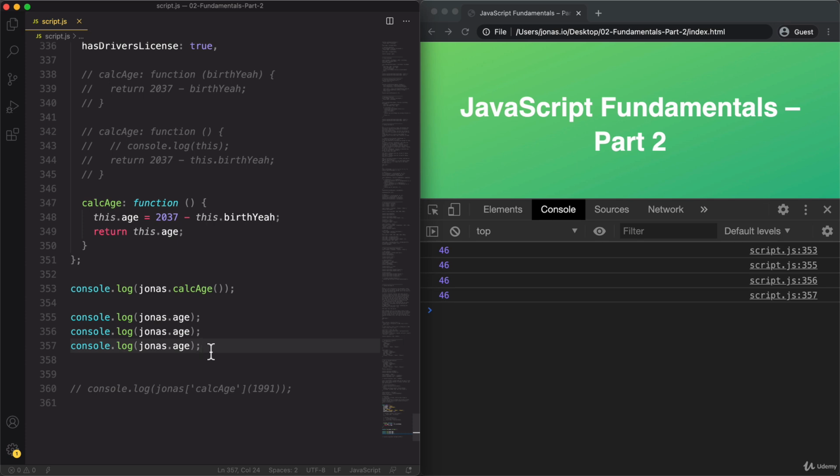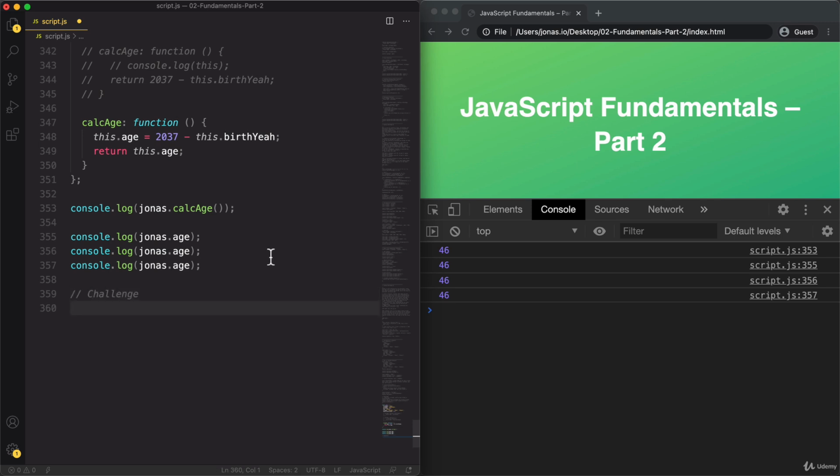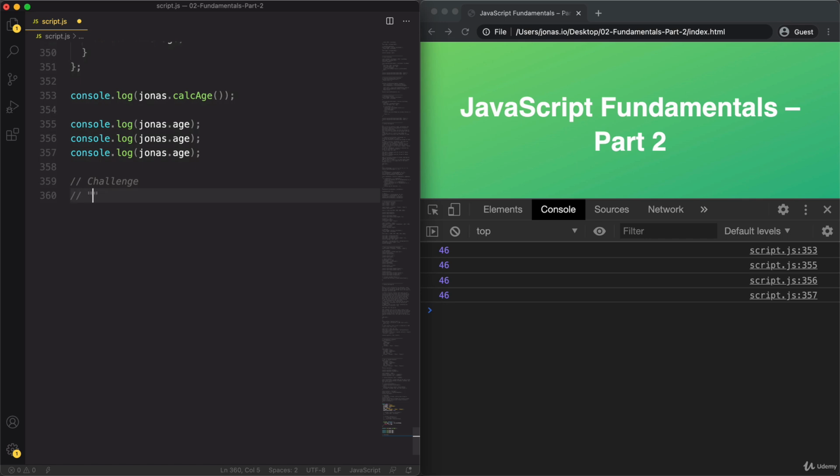All right, and now I actually have another small challenge for you that you can do just in this video. So I want you to write a method called getSummary, and this method should return a string which should kind of summarize the data about Jonas, or of course any other person data that you might have used. For example, let me again, actually we can get rid of this. So let me write challenge here again, and then do an example string. So I want you to write, for example, this. Jonas is a